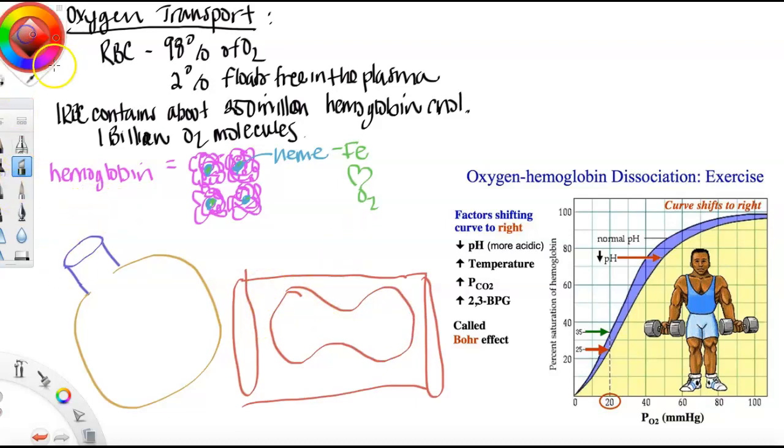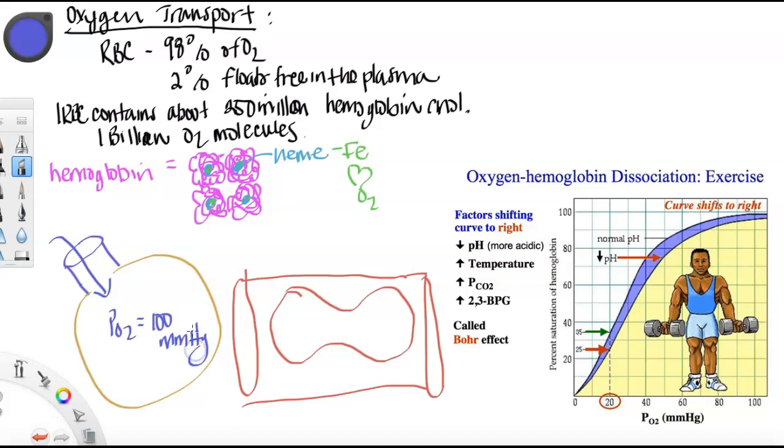Let's say we have taken a breath and our PO2 is 100 millimeters of mercury in the alveoli because we just took a breath. So oxygen is going to diffuse into the capillary because the capillary PO2 is going to be 40 millimeters of mercury. As the oxygen diffuses in, it wants to get on a seat on the hemoglobin bus,